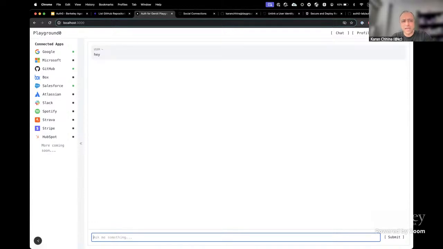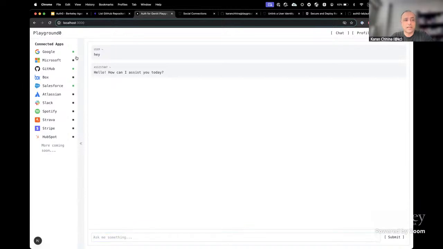It's just backed by OpenAI to provide answers. So this is a Vercel AI SDK-based chatbot app that I've created. Now on the left side, you can see that I have a lot of connected apps. Some of them are connected, some of them are not. And what I've done here is I've linked, using Auth0, these third-party apps to this agentic app that we're in right now,